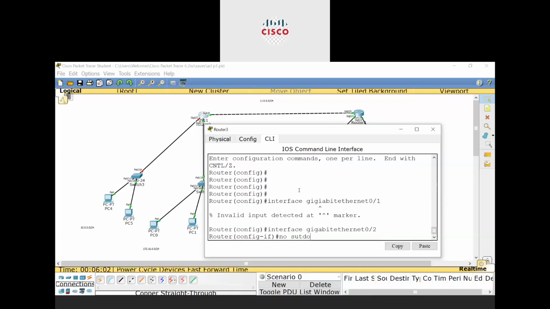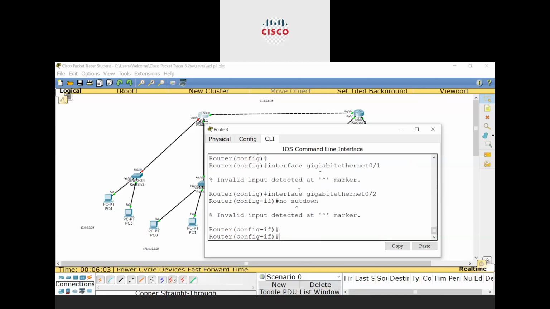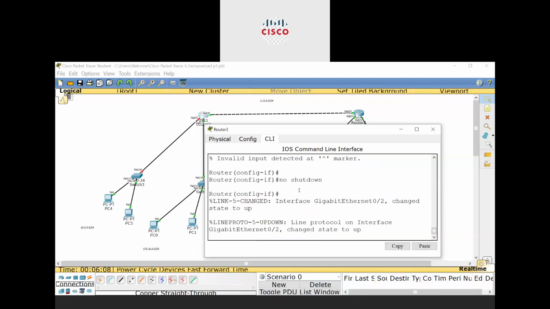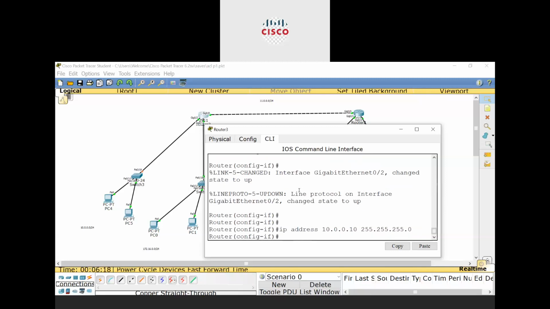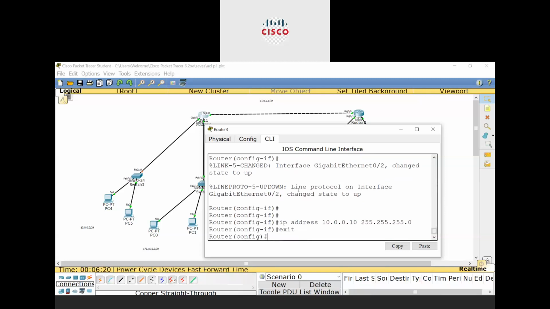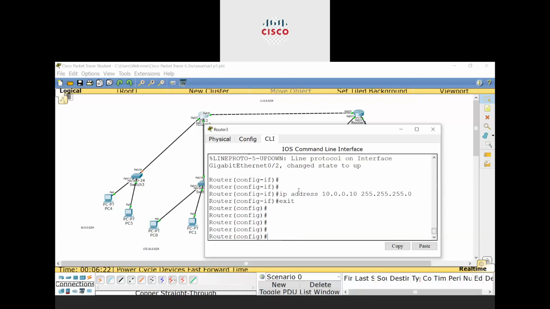Then no shutdown. Okay, IP address, that is 10.0.0.10, then 255.255.255.0. So that is the IP address that we have configured, and now I have to add router EIGRP 1.